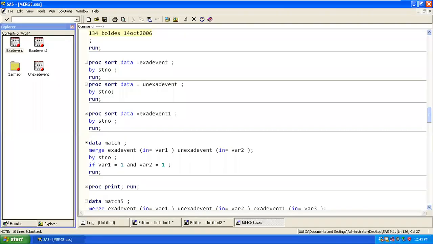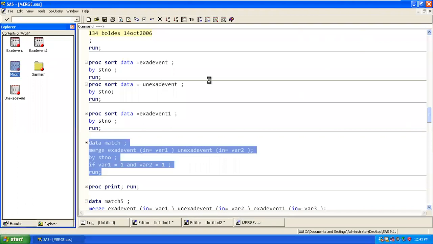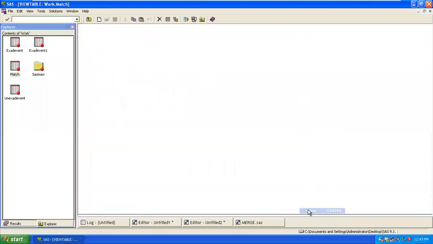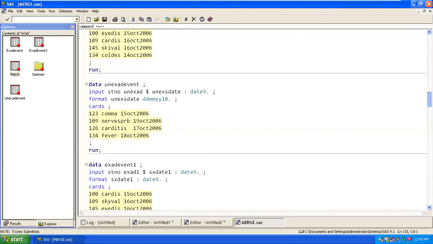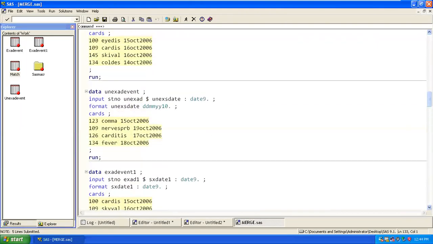So what will happen here? Whatever output we get will all be unique, correct? This will be only the matches available in both those tables. If you go back and look, 109 and 134 are the only ones available in both those tables. 109 over here, and 134 and 134 here.